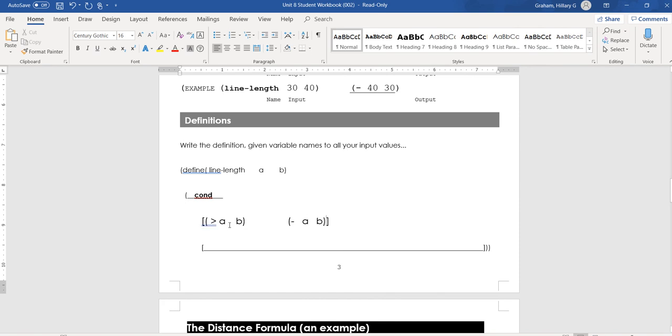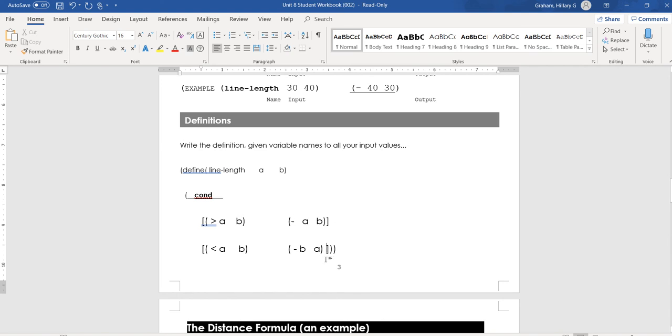So again, let's read this. It says if A is bigger than B, then subtract B from A. So A greater than B, so A minus B. And then the reverse conditional of that would be if, again, I'm going to make this bigger so you can see it. If A is less than B, then we would need to subtract, but we're going to be subtracting A from B, and so that means that B would come first. So I have open bracket, open parentheses, close parentheses, open, close, close,